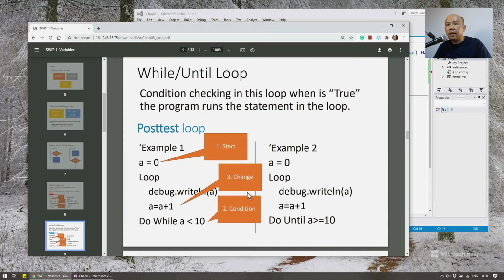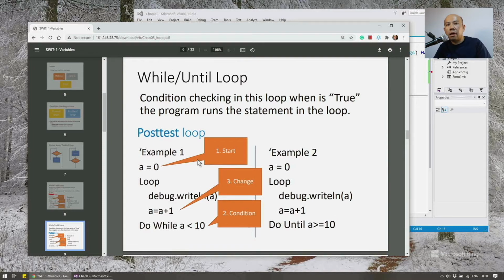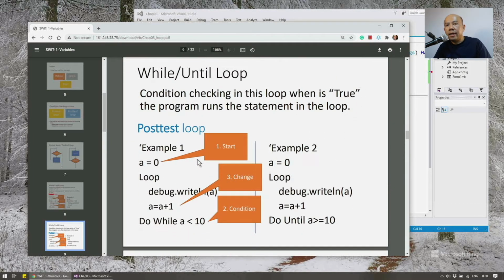The next line I show you the difference. This is a pre-test loop, and this is a post-test loop. The post-test loop on the left-hand side is declared in reverse and ends with a do while. That means this program runs this statement before checking the condition in the while loop. And the right-hand side runs this statement and then checks the condition in the do until